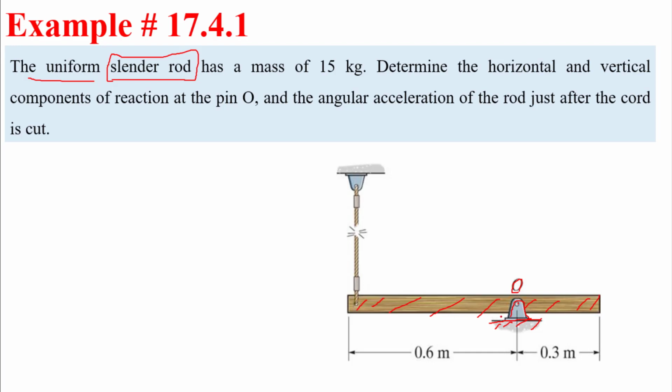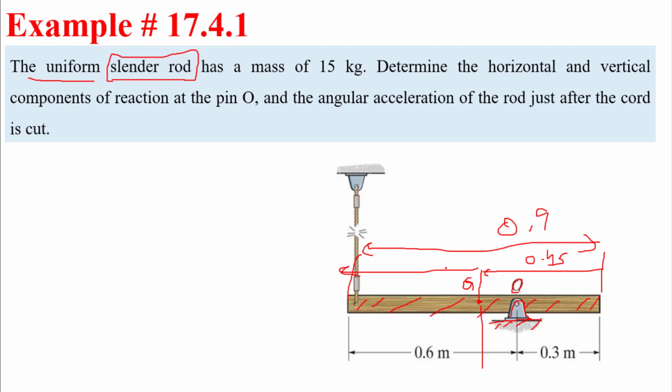And this cylinder rod, where is the point of the center of the body, the center of gravity, the centroid? Of course, if this is 0.3 and this is 0.6, what is the total? Yes, 0.9. So where is the centroid? Exactly at the middle, which is 0.45. So here is the centroid, and I will call it point G. So how far is point O from point G? If this distance is 0.45 again, either from this side or the other side. From here, if I subtract them, this is 0.15. Okay. So all of this is before we continue reading the question.